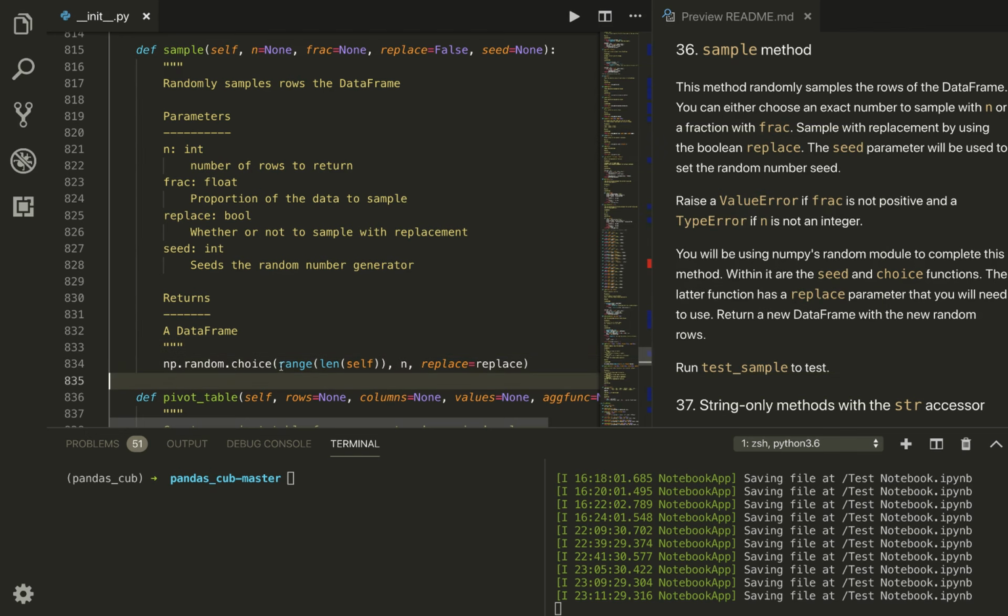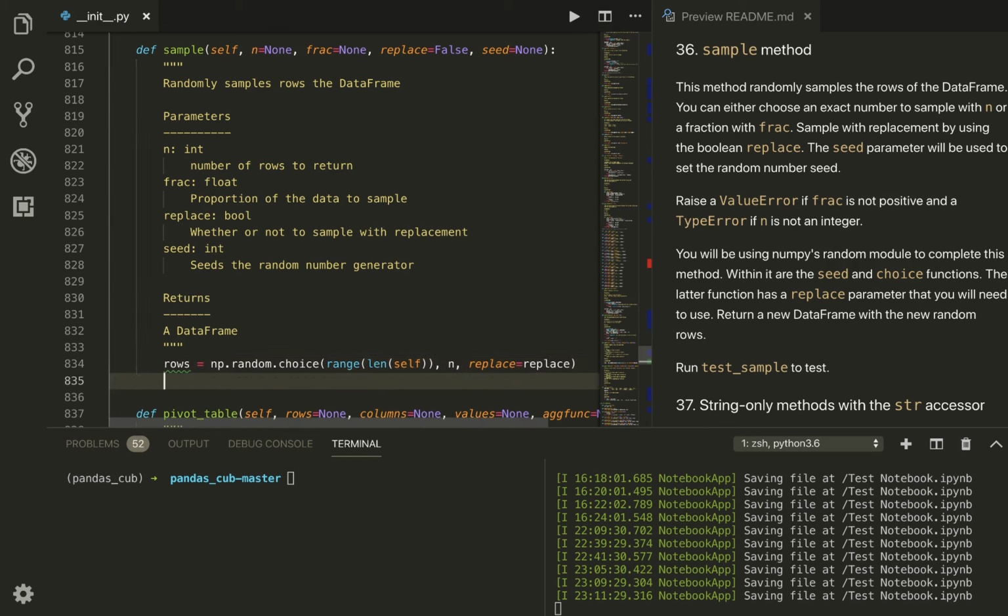Okay, so what this is going to do is return us some numbers between 0 and n, not inclusive of n, meaning 0 and the number of rows in the data frame. The length we've already computed above. So this will be between 0 and the number of rows in the data frame. We will select n of those rows with or without replacement, determining whether or not the user wants to. So this will return us some row numbers. We're actually going to sample the row numbers. That's going to help us out here on how to